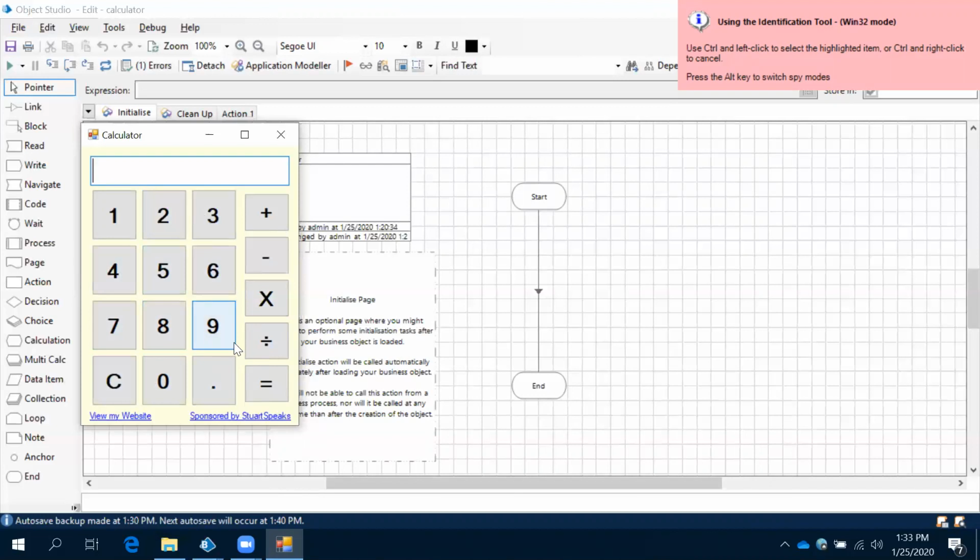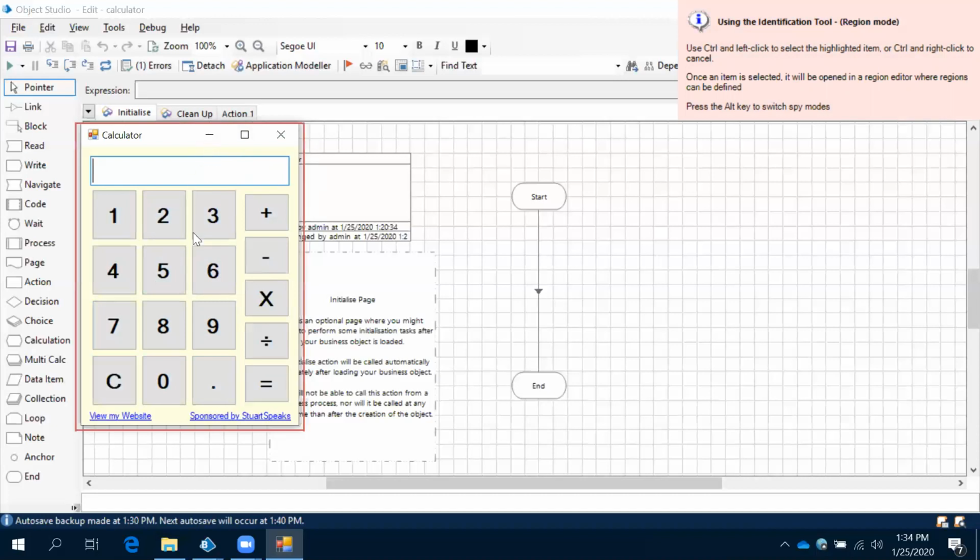So Win32 and then UI mode. Observe this one. You can see it identifying, right? In UI mode, some of the elements are highlighting. When it comes to accessibility, see this, it highlights each and every element, right? See this one. You can see what things it is highlighting. Observe this region mode. Region mode, this is the highlighting.